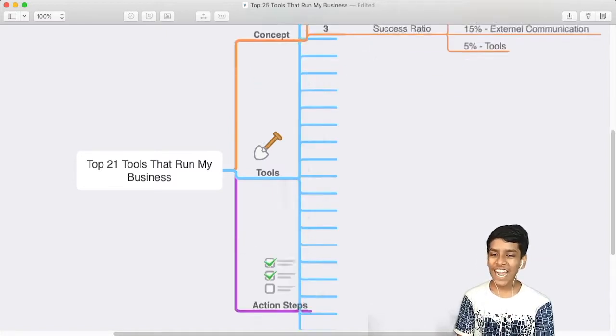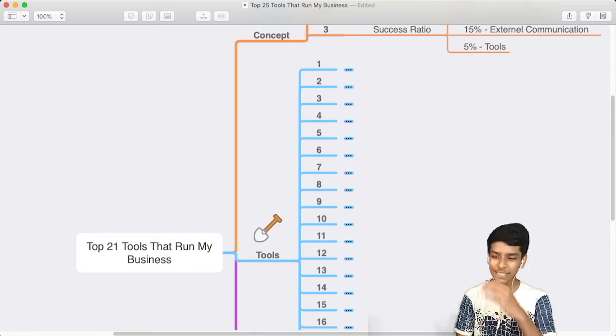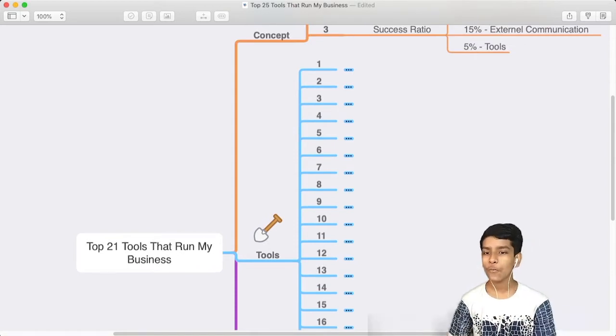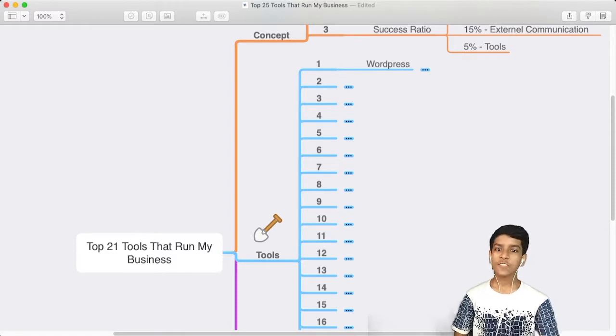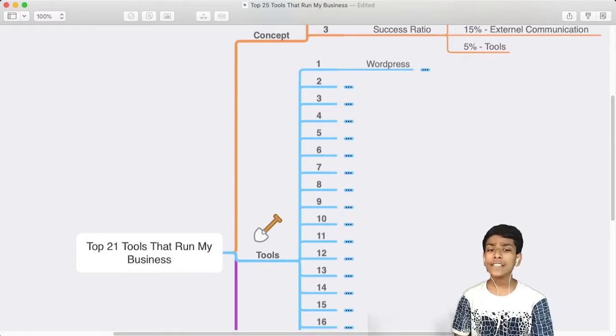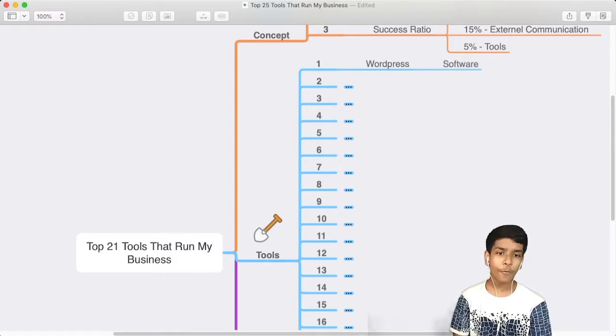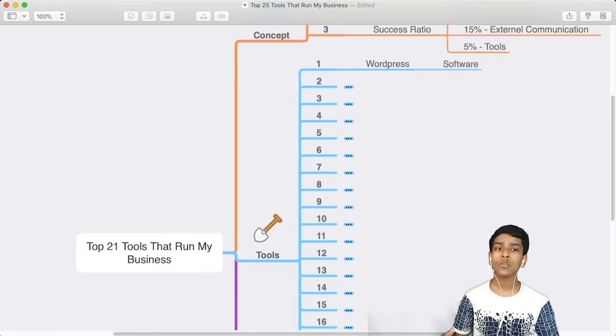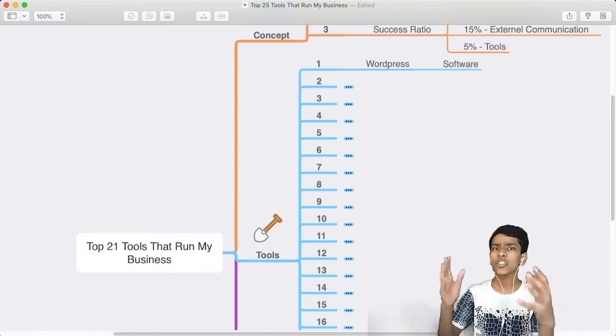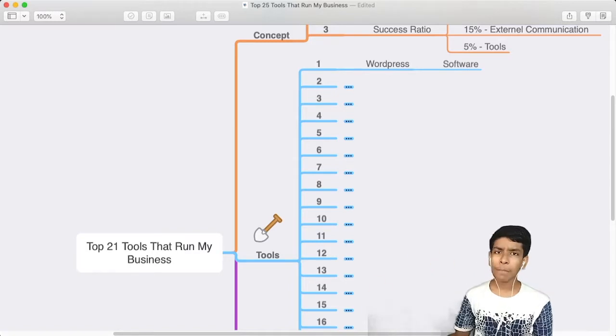So we have our 21 tools. Let me share the first tool. It is WordPress. WordPress is a website building software, the best website building software you can ever imagine. It helps you create your websites on your own, not with a developer.